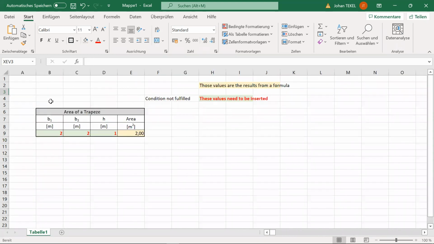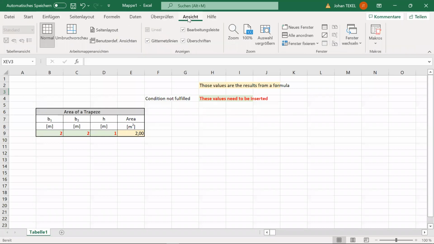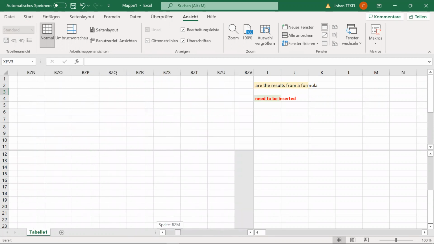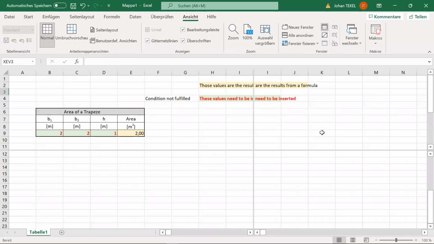The possibility we have is to come here to the view and click on it. Oh, that's pretty strange. I don't see it. Here it is, I think. Okay, and you see, suddenly you have those separations here on your screen. And what you can do is look here below. You have different bars for the left part and for the right part, and even vertically, you can move them